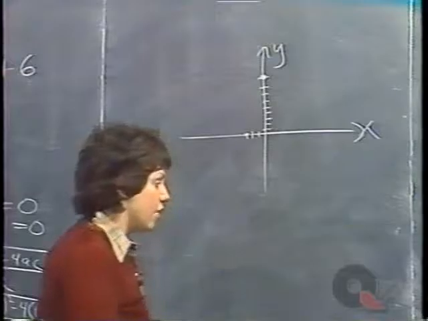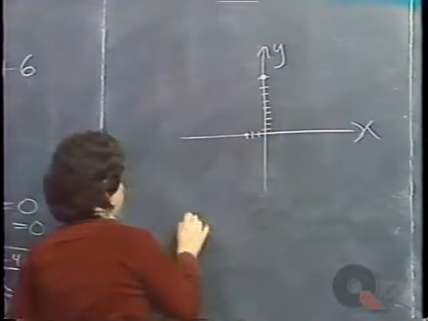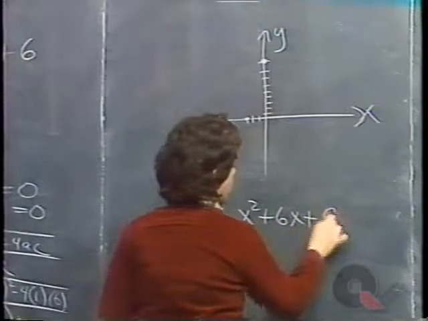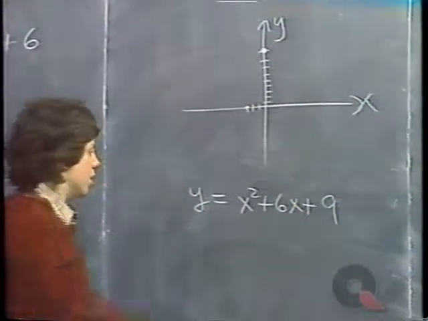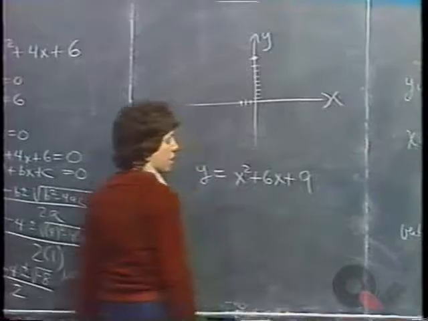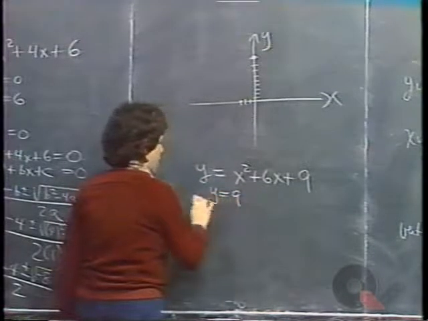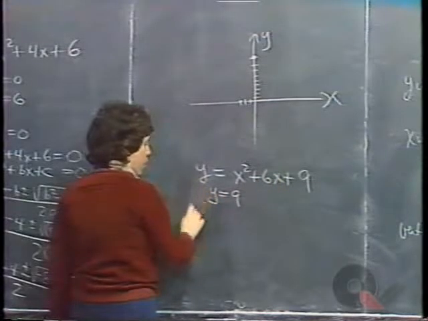It would be helpful to have another point on the parabola. And following the procedure that we used in the last lesson, we will get another point by setting y equal to the constant here, y equal 9, and figuring out what x is. If y equals 9,